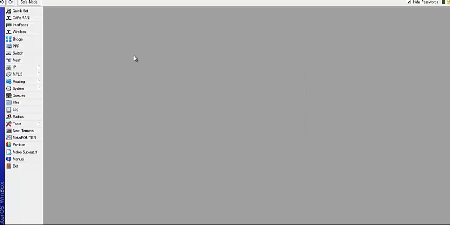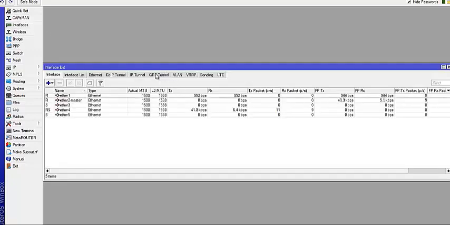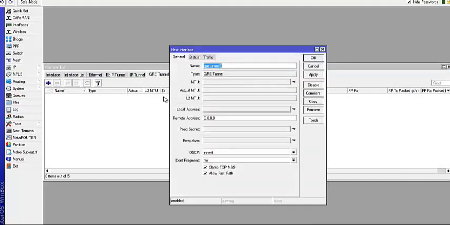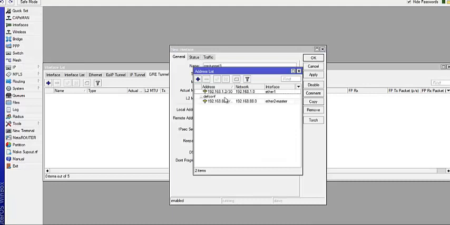What I need to do now to set up GRE is quite easy. I'm going to come to Interface. Over here, you're going to see GRE Tunnel. I'm going to click on it and click Add. What I need to put here as the remote IP address is the IP address on the other side. If I check under IP Address first, you can see that here I have 1.2.